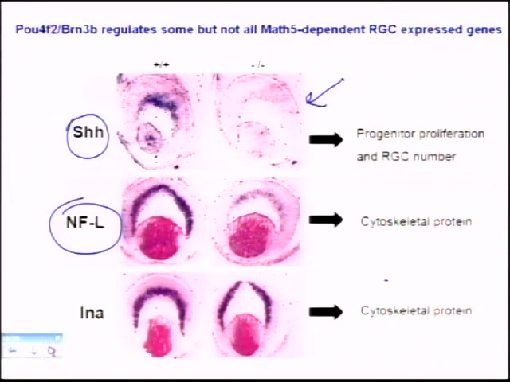And what this predicts then is that there's other transcription factors that are parallel to Brn3b and downstream of MATH5 that are turning on these other genes. So what we're thinking is that there really is a network. It's not just MATH5 to Brn3b to differentiation, but it's MATH5 to a group of transcription factors, one of which is Brn3b, and then to differentiation. And it's even more complicated than that, as I'll show you in a minute.